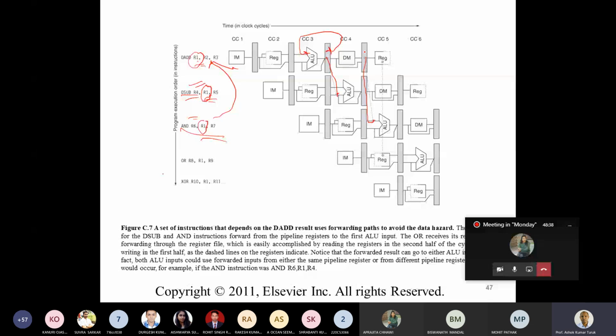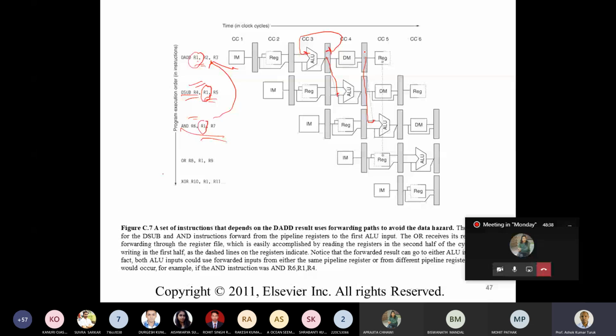Now let's take one more instruction. Let's take one or two instructions and see. Let's take this one. This is an add instruction. It adds R2 plus R3 and stores the result in R1, followed by two instructions, load and store,